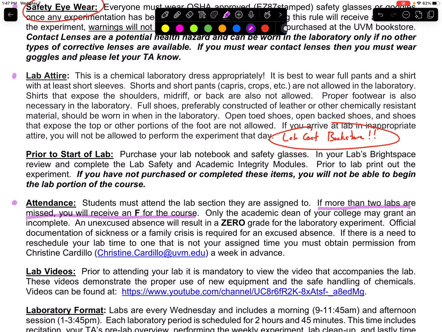There are excused and unexcused absences. If you have an unexcused absence, you'll get a 0 for the actual experiment. If you have documentation and get an excused absence, then you won't be penalized for that particular lab experiment. Your lab points would just be out of a slightly smaller amount. But we have discussed this, and we feel that you need to do at least 8 of the 10 labs that are provided, not counting the check-in. So that's why you cannot miss more than 2 labs.